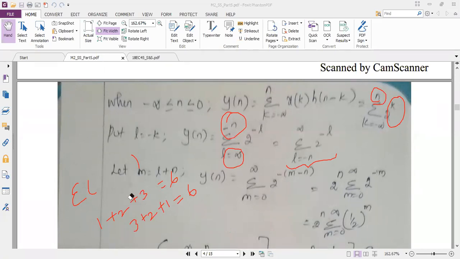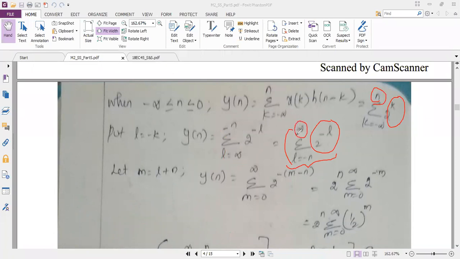As I said, if you have a summation, the limits can be interchanged or swapped. So this 2 power minus L remains the same. Only the upper limit and lower limit positions are changed. Now you may understand why we have done all this: I have got the standard upper limit, because in my formula the upper limit is infinity. If I have the standard format like this, I can use the existing formula to simplify it.